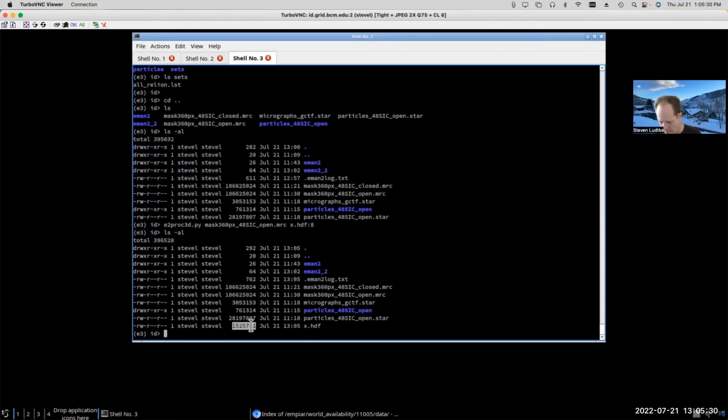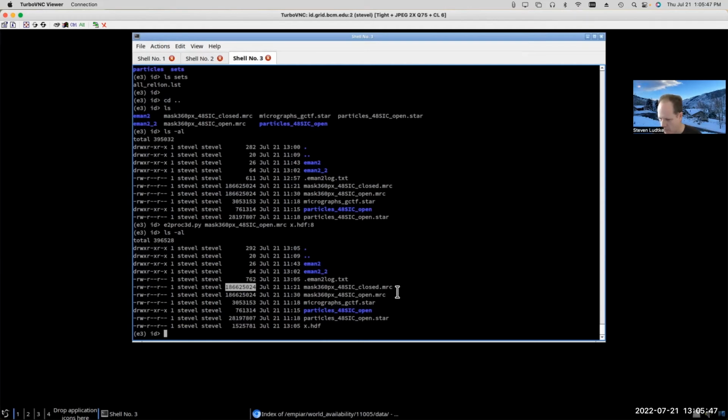The compressed mask file is actually only 1.5 megabytes. So it's about a factor of 100 smaller. And the nice thing about that is this file you could send by email. This file you would have to arrange for some sort of file transfer.